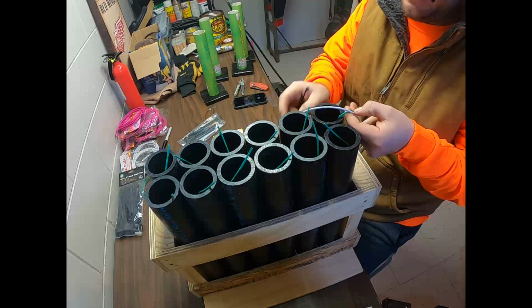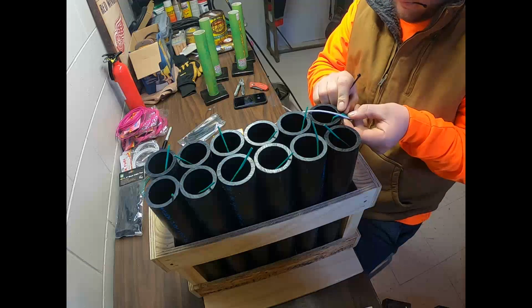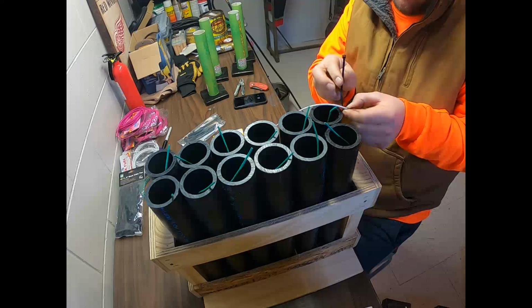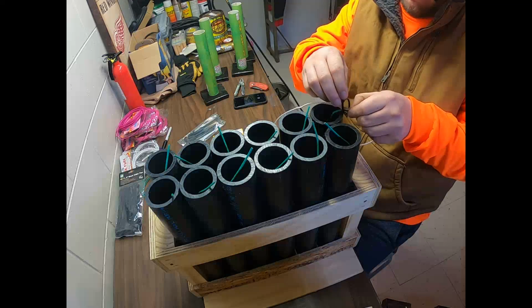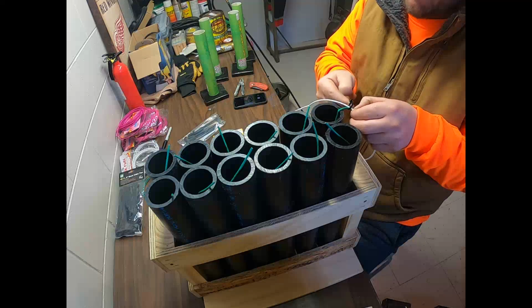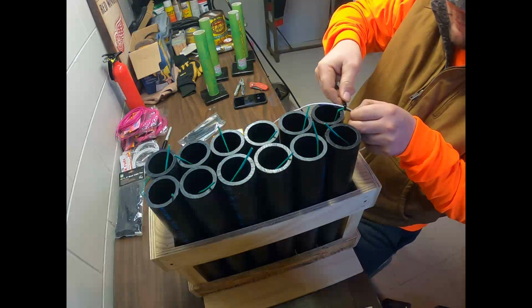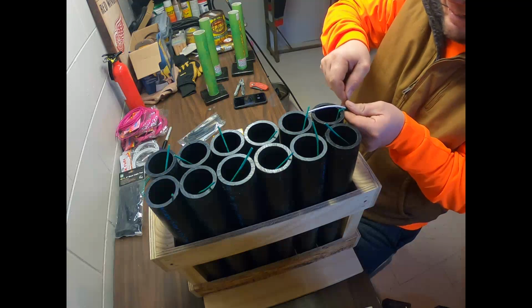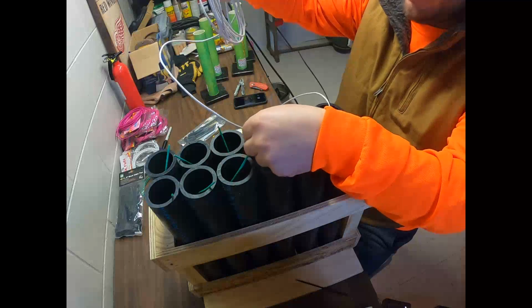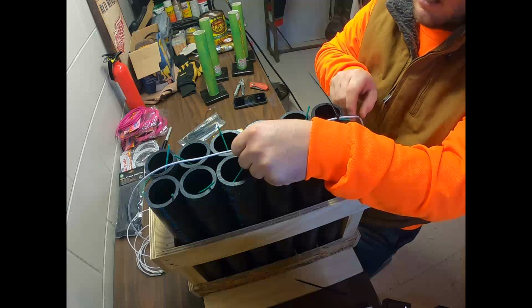So I'll face all these wicks the same way, and I'll run it right down the middle of my board. I'll get all these fuses together, and then I'll show you what it looks like when we're done. But I'll show you quickly what it's going to look like. It's going to be running like that, and I'll leave a tail on this end to hit to my cyber